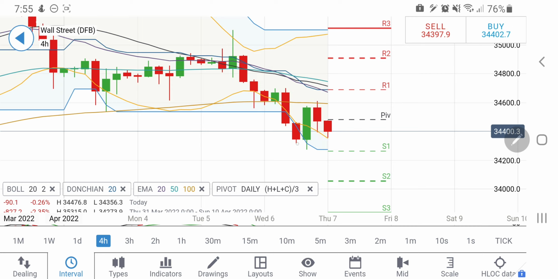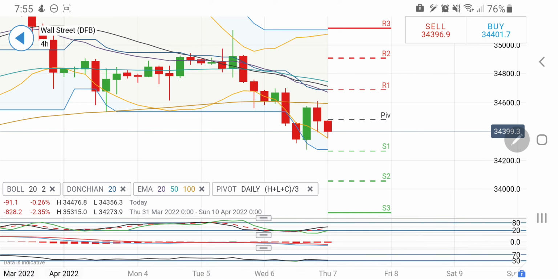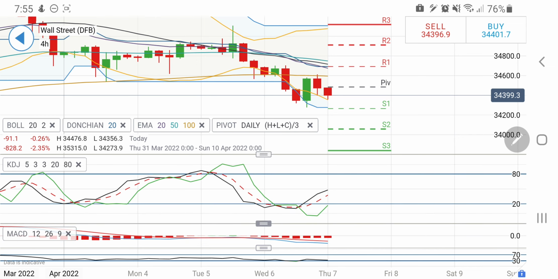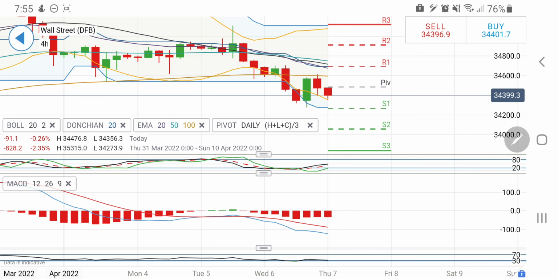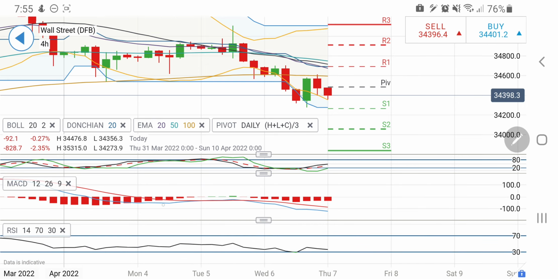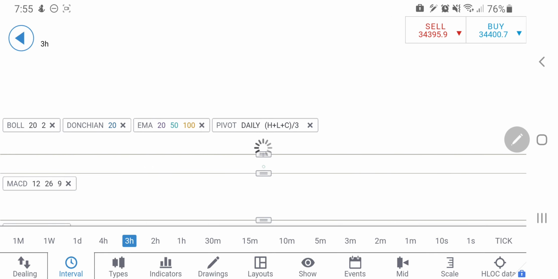So if it fails to break the previous low at around 34,300 and 34,250, this zone is important, between 34,300 or 250, and rather I will say 200. Till it is above the 34,200, 300 zone, we can expect it to retrace back a bit. The target could be at around 34,550 and 34,700 levels. Now this is on the 4-hour chart. 4-hour stochastic looking upwards. MACD white divergent on a sell side. RSI not showing any signs but near to oversold zone.